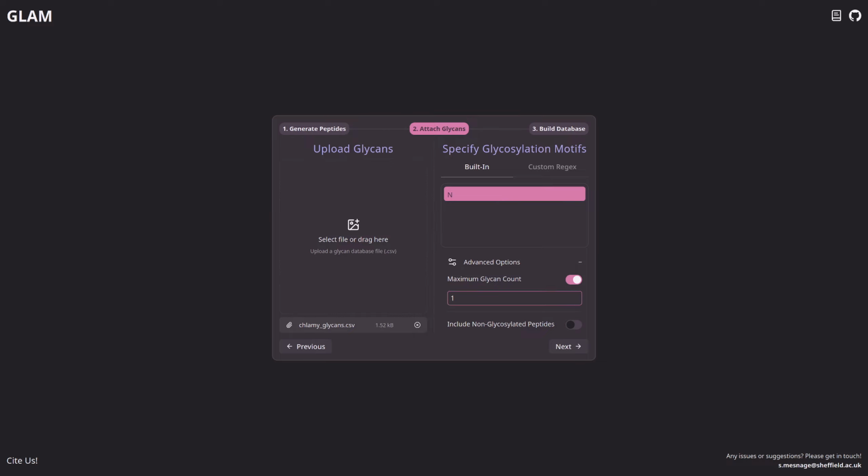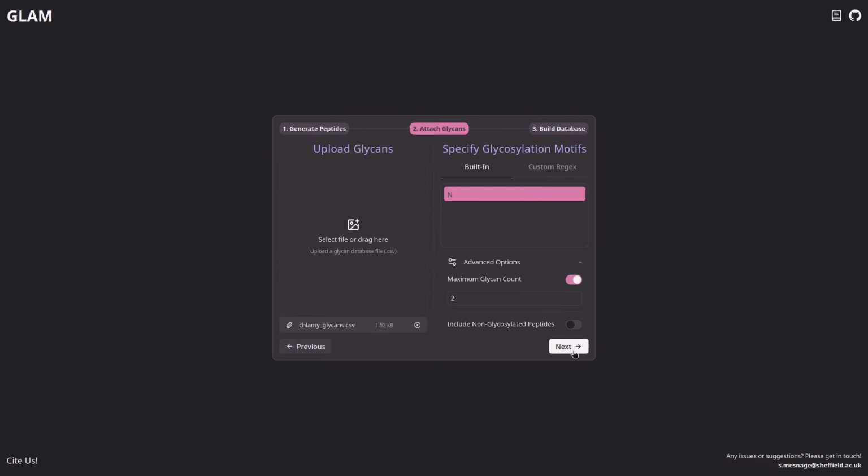So we'll put a smaller limit, say just 2 glycans can be attached per peptide, and we'll see what that looks like in our result file later, but keeping that small prevents this from taking too long to generate. Finally, this setting here lets you decide whether or not your database file should include the peptides from step 1, or if they should all be filtered so it only includes the peptides that have glycans attached to them, or rather, I guess, have this glycosylation site within them. Sometimes helpful to flip this on if you want to see in general, has your mass spec data collection managed to catch lots of these peptides, even if it's not caught any glycans. It's a good quality control check, but for our case, to keep our PGFinder search later simpler, we'll keep this